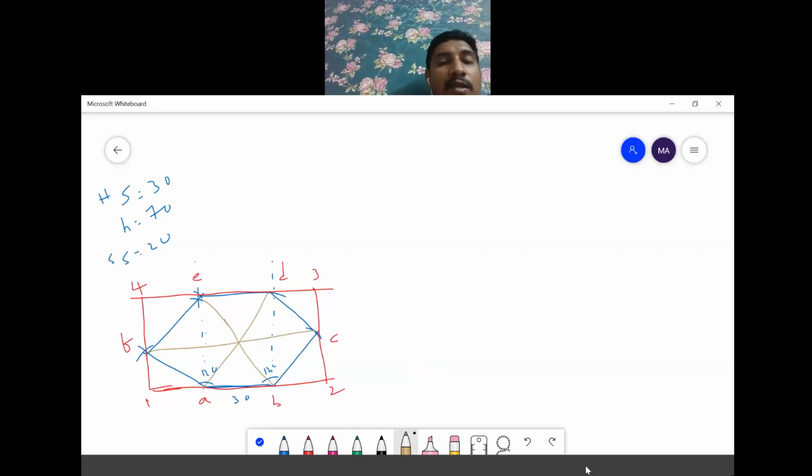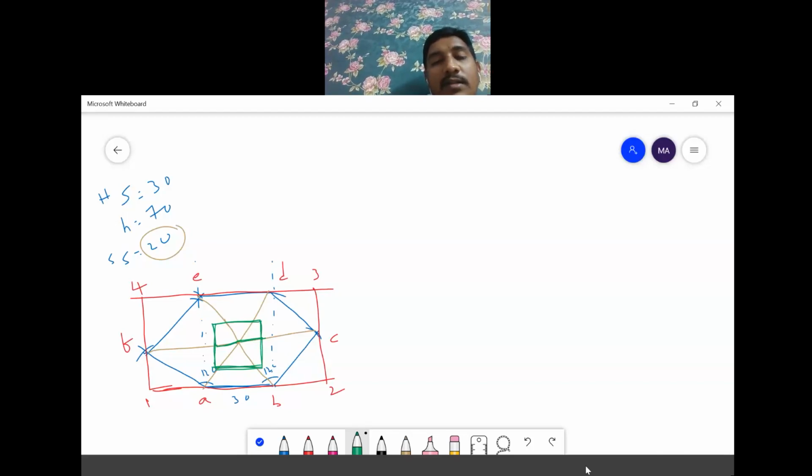From this midpoint, the total side of the square is how much here? 20. So I can extend from this midpoint 10 mm, from this midpoint 10 mm. Is it clear? So from here I am extending 10 mm, 10 mm, this side 10 mm, 10 mm. I will form a square here, such that one of the faces is parallel to it. Use a black color for it. I am projecting this on the square as well.